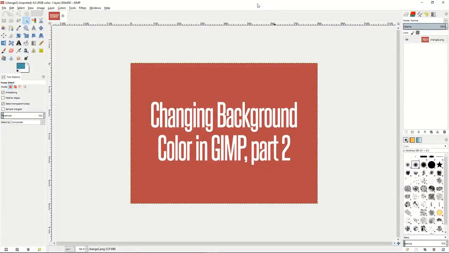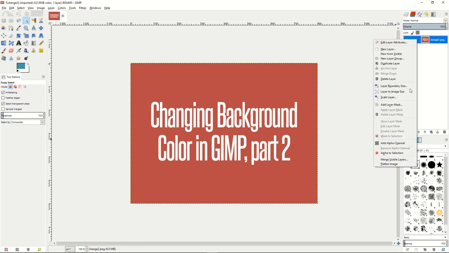In this tutorial, we're going to show you how to change the background color in GIMP. This will be part 2 of our tutorials showing you how to change the background color. Another way you can change the background color in GIMP that is quite easy is go to your image, right-click,